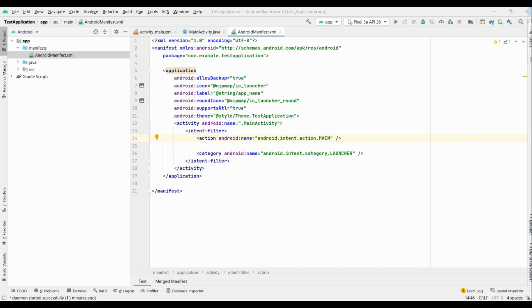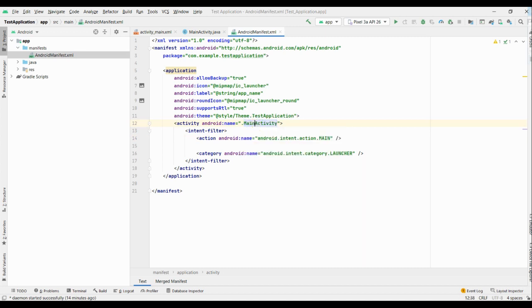Under intent filter, we see action and the category tag. What this action means is we are telling that this activity acts as an entry point for the application. So when we start or run the application, this main activity will act as the entry point.